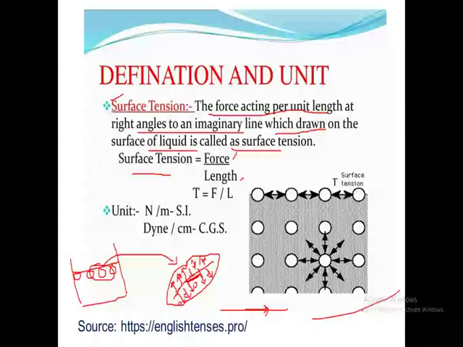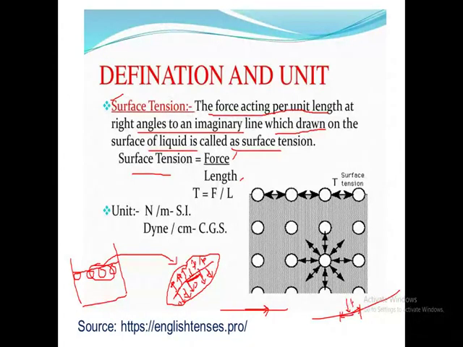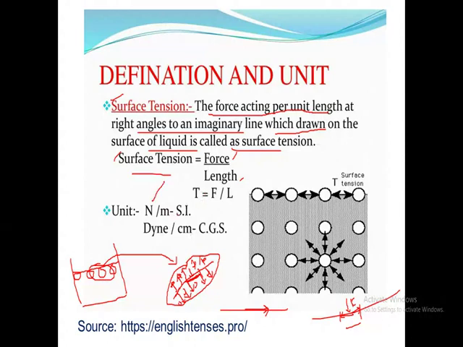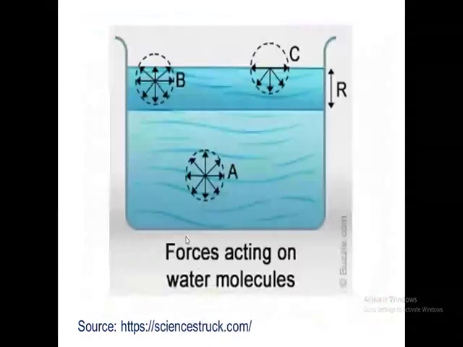So we have the surface of a liquid, you take a 1 meter length of that surface, and we know that the forces are acting along this surface. We calculate the total force acting on this surface per 1 meter length, and that gives you what is known as surface tension. What is the SI unit of this? The SI unit is Newton per meter. Force is Newton, length is meter. So this is one very important definition of surface tension.